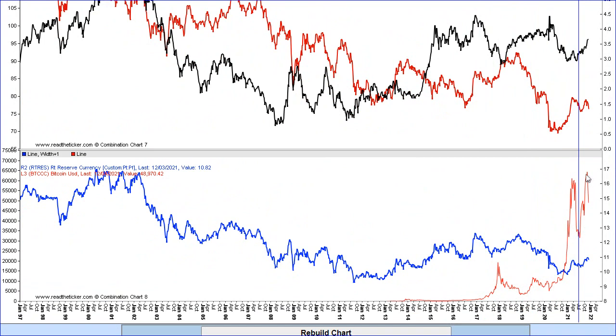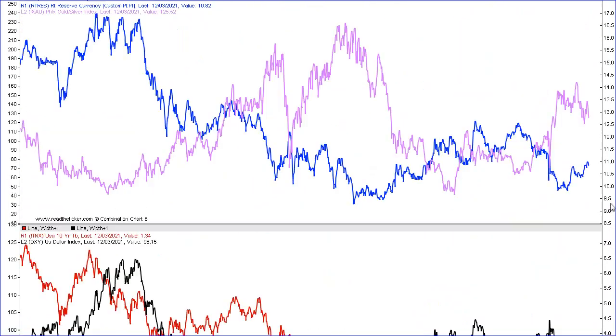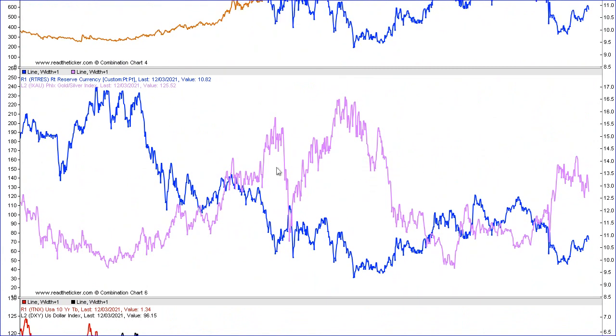This little rally here, I believe that was just a small rally up to resistance, in anticipation of this blue line falling down. Okay, so the big boys are getting in position for another move down the blue line. Another leading indicator for an expectation of the blue line to fall down is bond yields going to 1 or below, and the US dollar going from where it is now, what is it doing, 96, maybe back down to the 89s. When we look at the gold and silver index, the Philly gold and silver index, we can see that it's a little bit more sensitive, so it's sold off